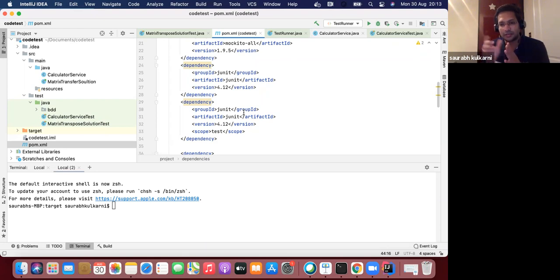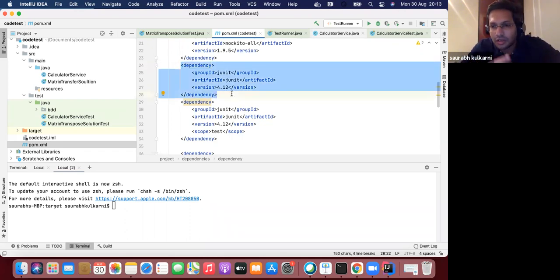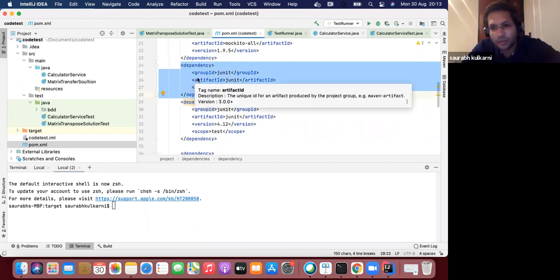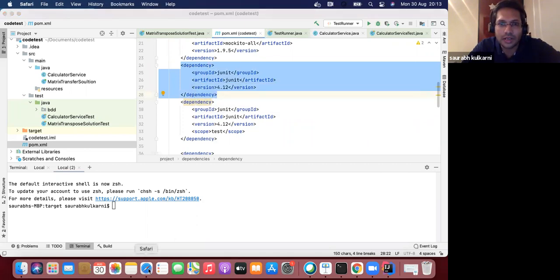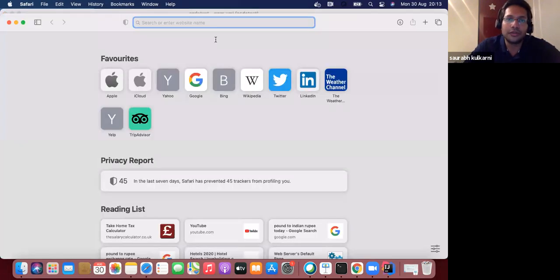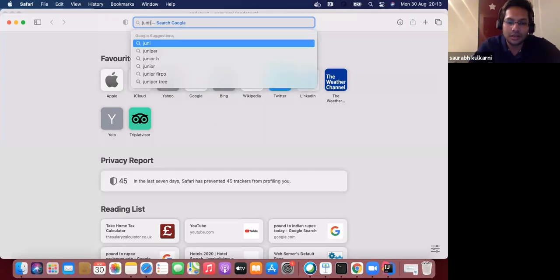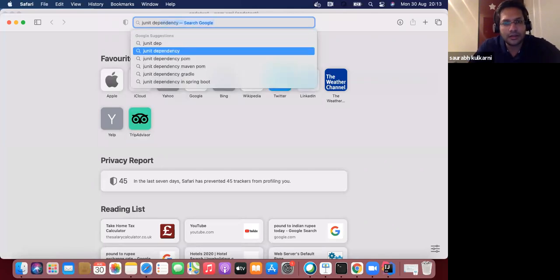How do I know the dependency of that JUnit? That dependency is nothing but a version number that we need to configure here in the configuration file. Consider this as a configuration file. In this configuration file, we will tell our project that, okay, I want to use JUnit of this version. So see here, I have already added that, and that's why I'm able to use JUnit in my project, which is this dependency. How I have copied this, you can use Google for that. If you go to Google, just search the JUnit dependency,